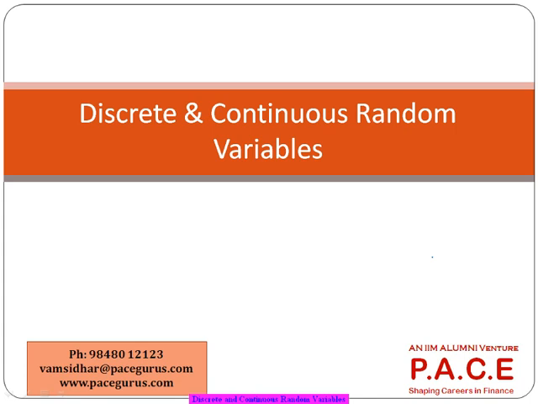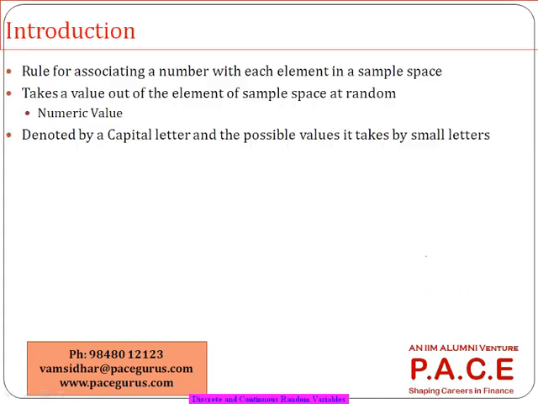But I don't know which one will come. On a random basis, one of those 6 values is going to come. That means when I throw a dice, getting a value on the dice, I can call it a random variable. A random variable x is nothing but getting a 1, getting a 2, getting a 3, getting a 4,